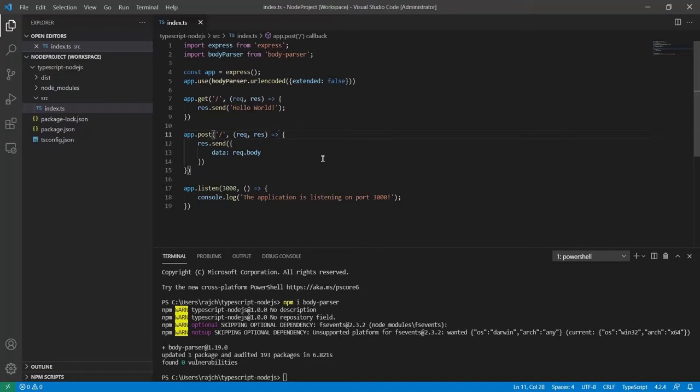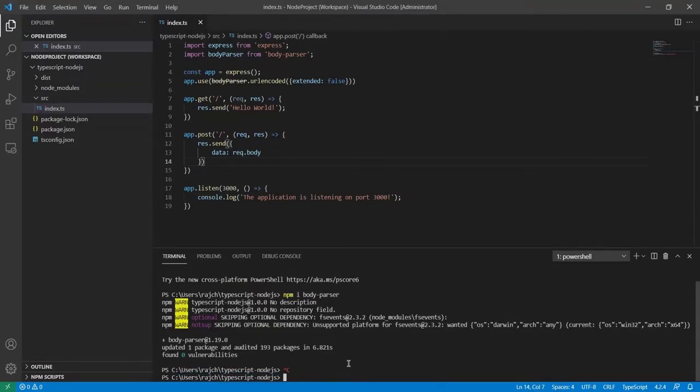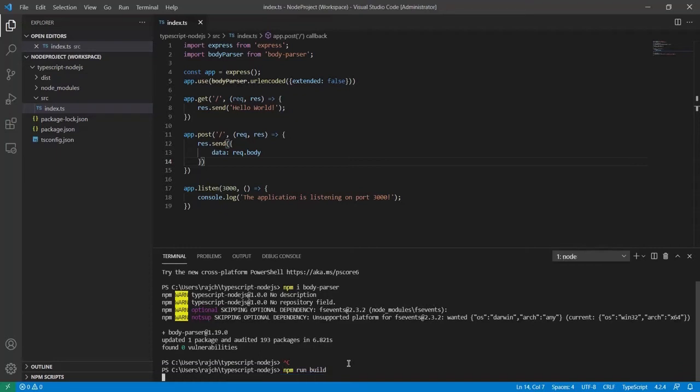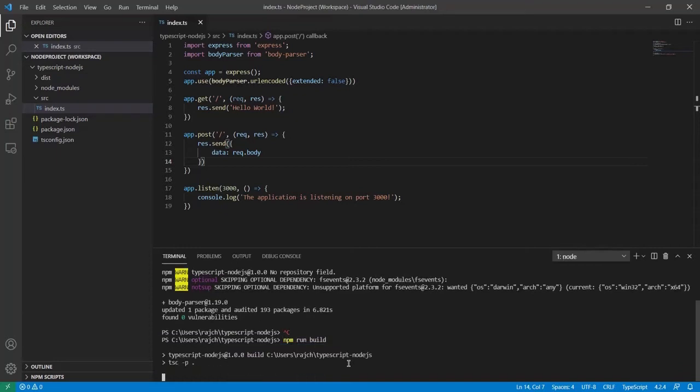Now let's move ahead to send the request. First of all, let me run this. To run it, I first need to build. When I build this app, it will create the JavaScript code inside the dist folder.